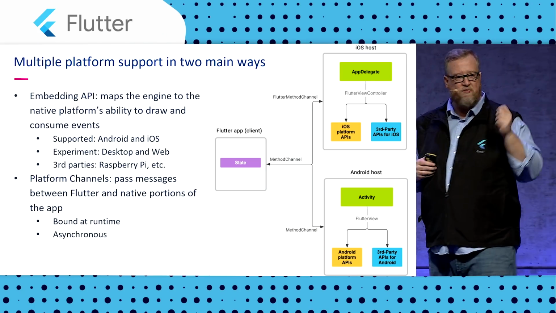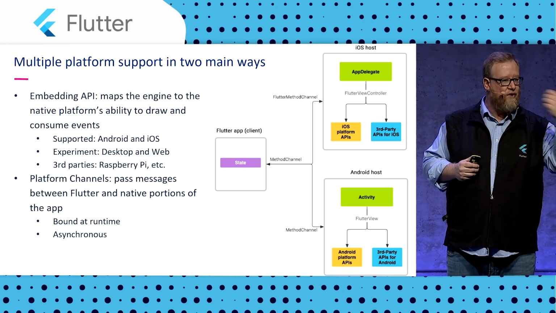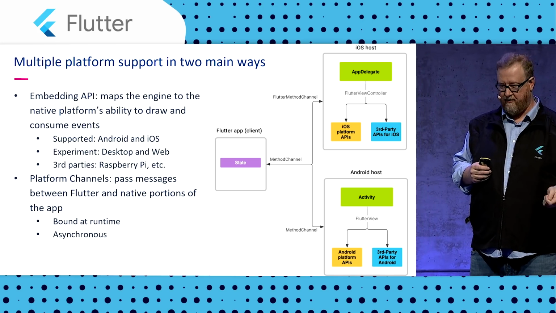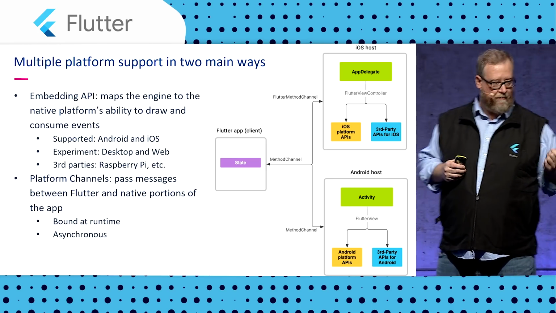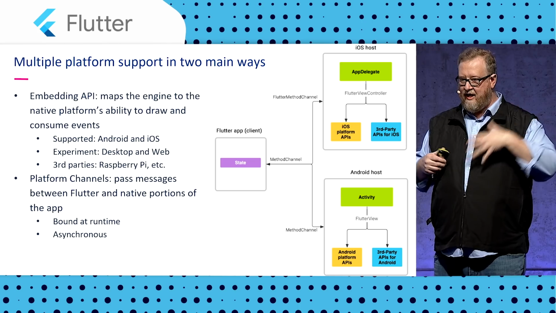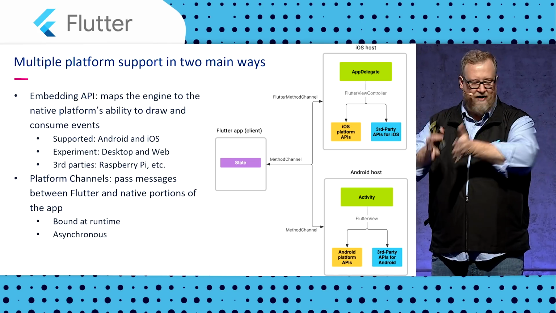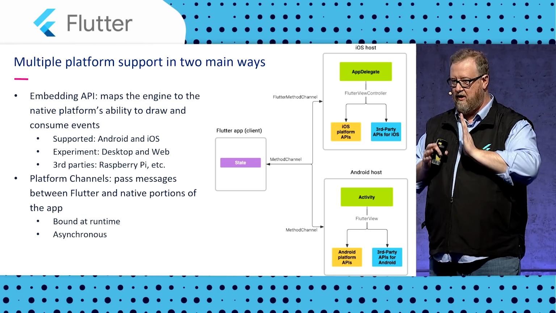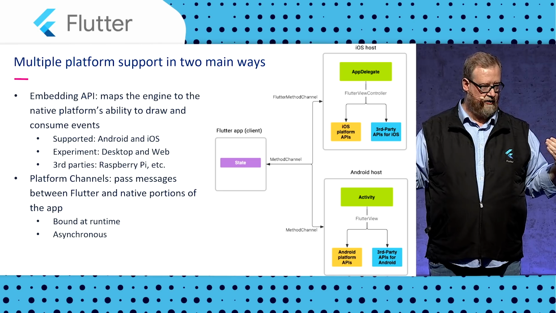We're also experimenting with implementations for desktop, for Windows and Mac and Linux. And we're experimenting with implementations for the web, with the idea that if you had those, you could just say, I've got my Flutter code, and I want to target it at whatever embedding API I happen to care about,